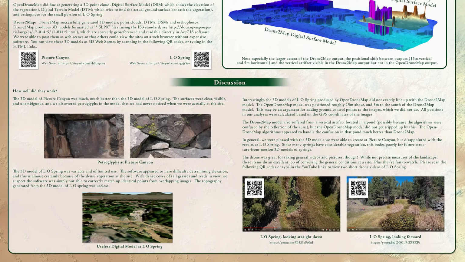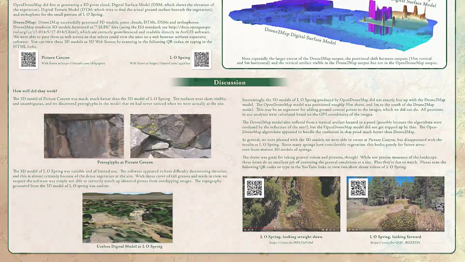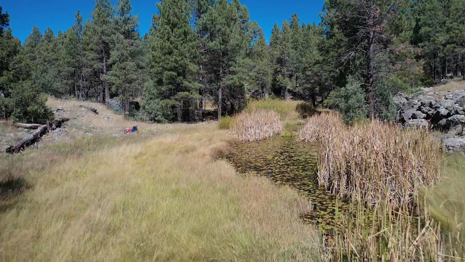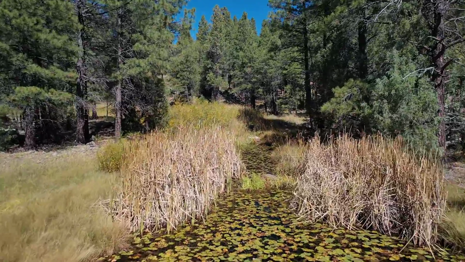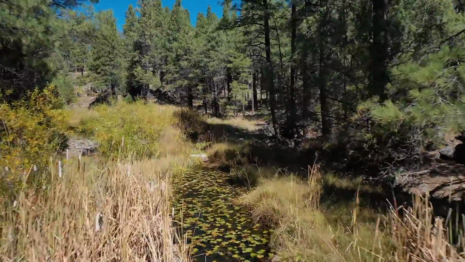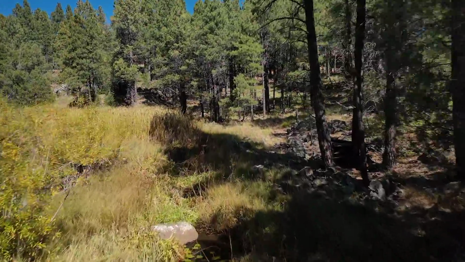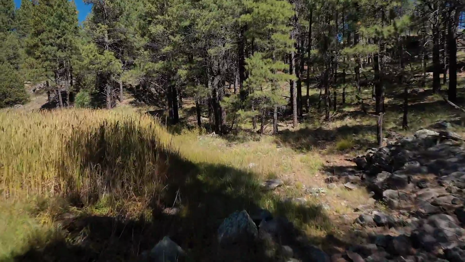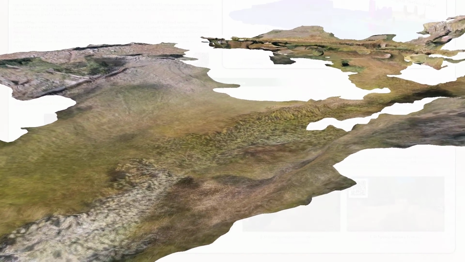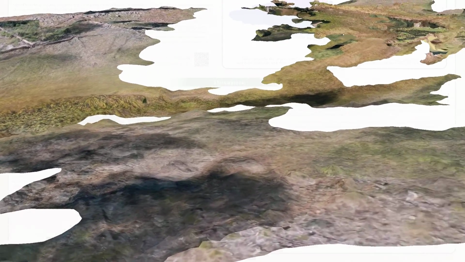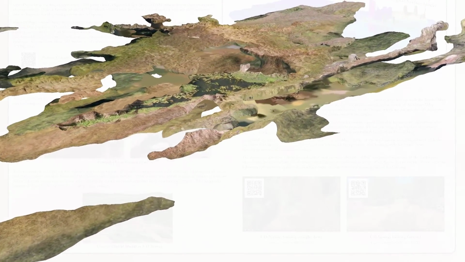However, springs are notable for the amount of vegetation that occurs at them. We had trouble at our other test site. We took another series of photographs at this place, LO Spring, near Garland Prairie, Arizona, which has a great deal of grass cover surrounding the outflow channels, and a dense growth of reeds in the pools. And here the structure from motion algorithm apparently had some trouble picking out identical points on the landscape in overlapping photographs. The 3D model only vaguely resembles the actual topography of the area and has this interesting two-level effect that roughly corresponds with the levels of the lower grasses and the tops of the reeds. Now, this 3D model is not useful to us,